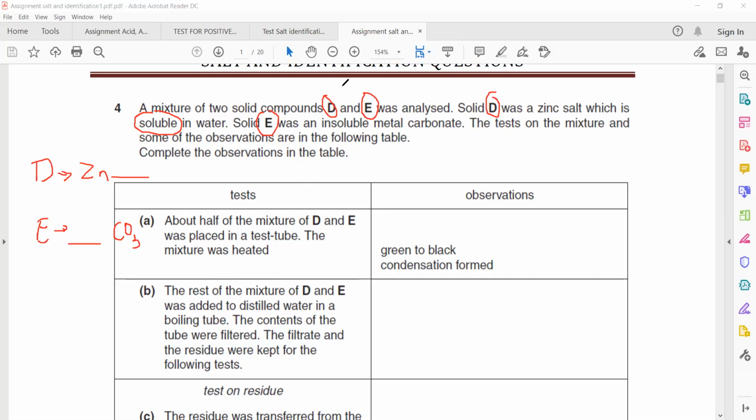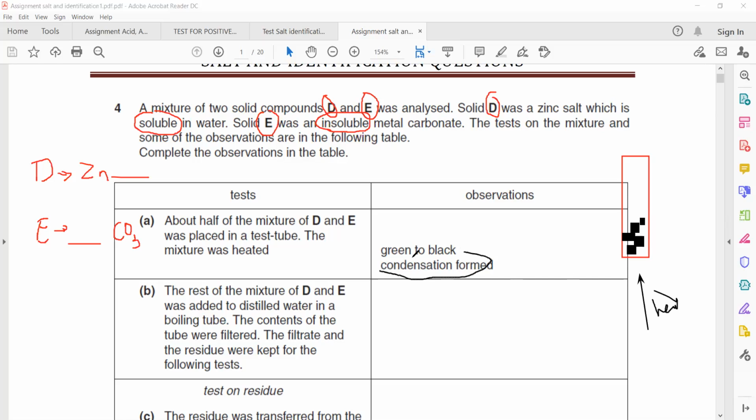Now, first thing, is it clear that salt D is a zinc salt and salt E is a carbonate, but we don't know which carbonate? And one more point, E is insoluble and D is soluble. Now, about half of the mixture of D and E was placed in a test tube and the mixture was heated. It means you have a mixture of the salts in a test tube, and you are heating the solid. And what you observe